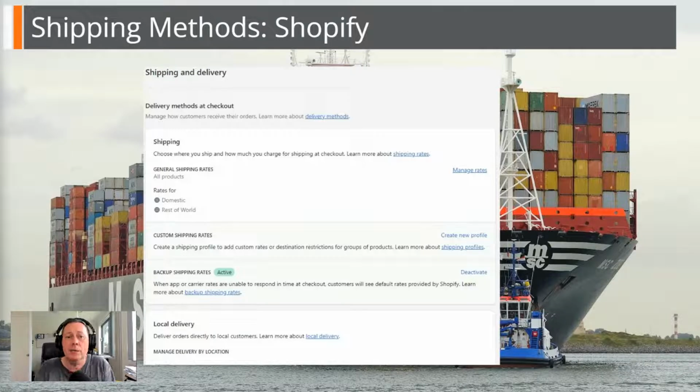Okay, Shopify. Shopify also supports local delivery, shipping, and local pickup methods. You can manage shipping rates for local and international deliveries. You can create custom rates called shipping profiles, although the options are a bit more limited than WooCommerce provides. Shopify works with leading providers like DHL, UPS, Canada Post, FedEx, USPS, and all those big shipping carriers. And they can ship domestically and internationally, pretty much anywhere in the world.